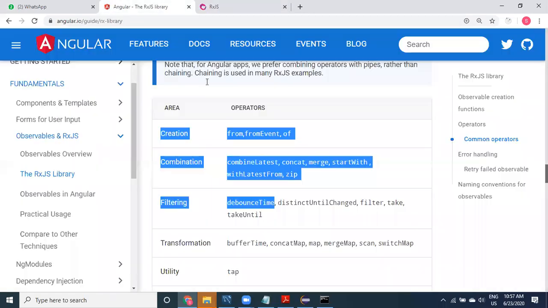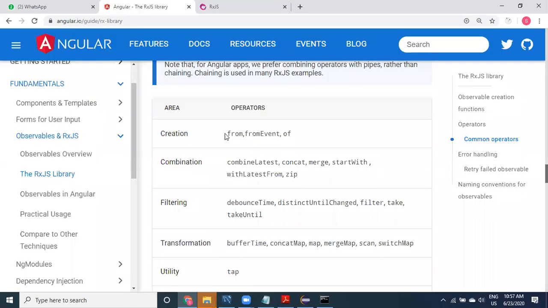So now, without discussing further, let us enter into working with these things. I want to create an observable now. I want to work with observables. I want to create my own observable out of some values. First, what is this?